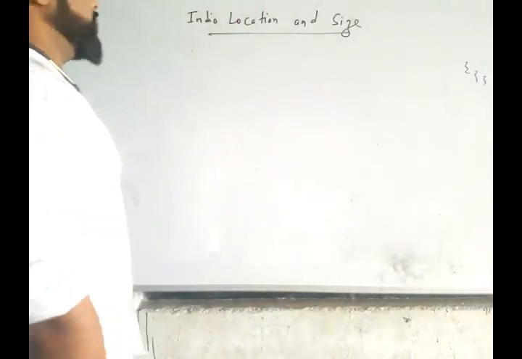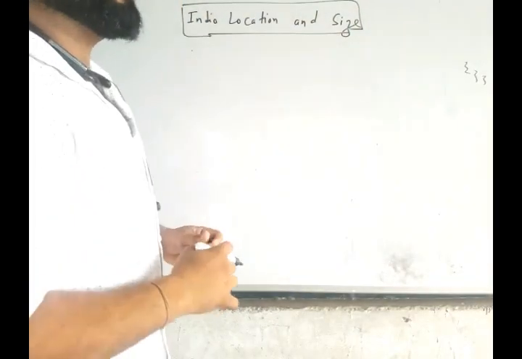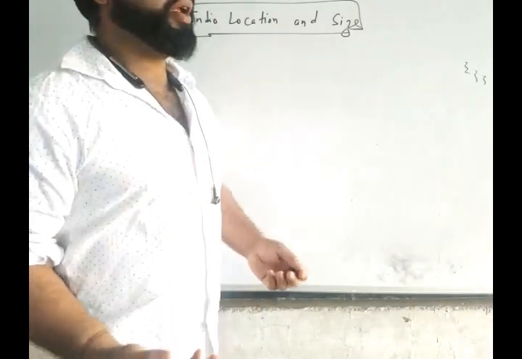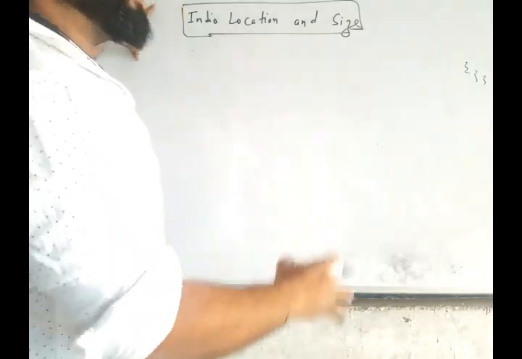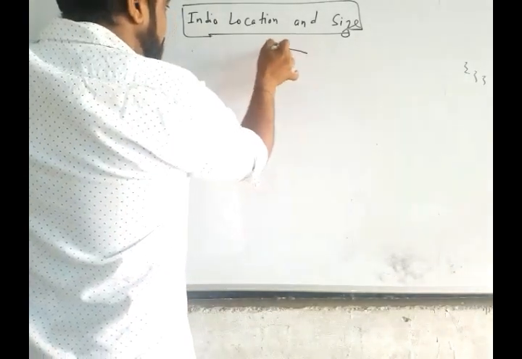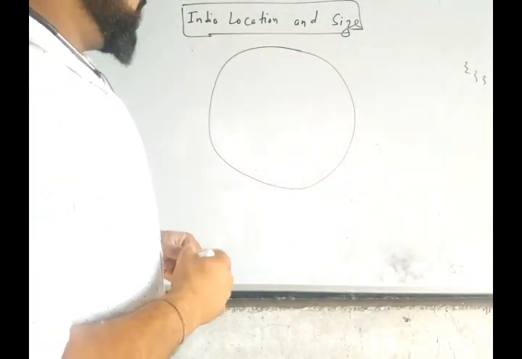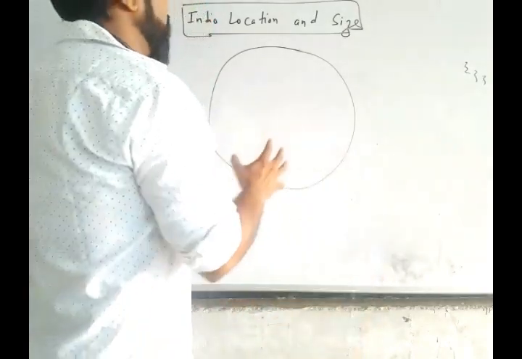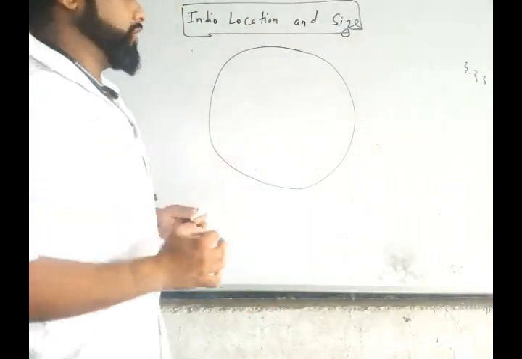So first chapter is India, location and the size, and India, location and the size is a very important aspect of our nature and of our country. So first we start with how you locate India on the globe. So first I create a globe. This is a globe. So just watch it till the end, because it is a very important aspect and you learn a lot from these things. So keep studying.